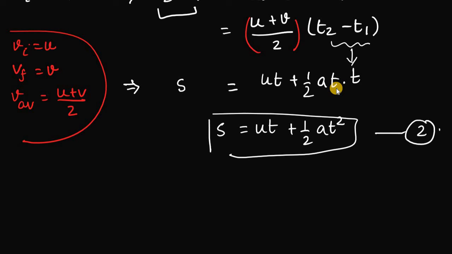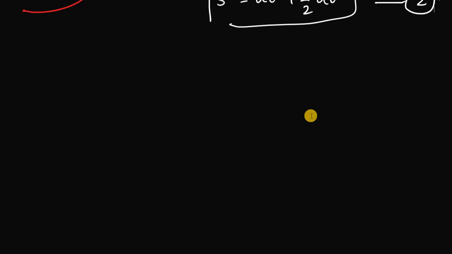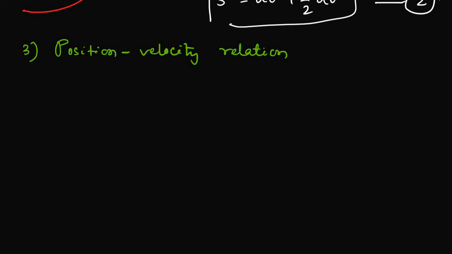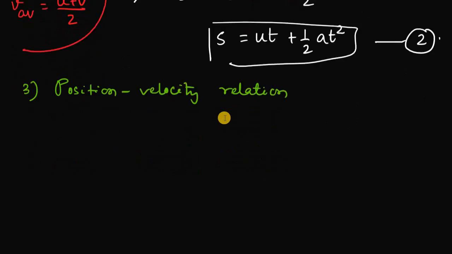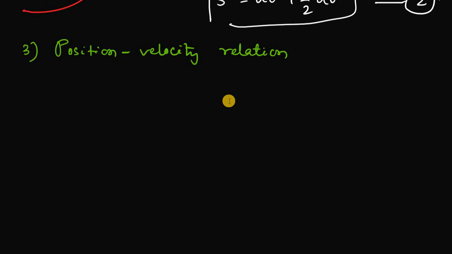Now we should move on to the position velocity relation, from where I'll be able to give you V square minus U square equals 2as. So let's do that again. I'll be changing the color for our reference. So this is the position velocity relation, and we derived many formulas from here. For the second equation, just remember, when you are given the initial velocity, time and acceleration, you can derive the distance traveled for that particular object in a straight line, of course. These are all derived for straight lines.